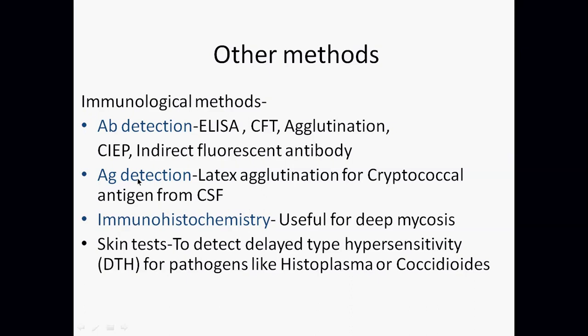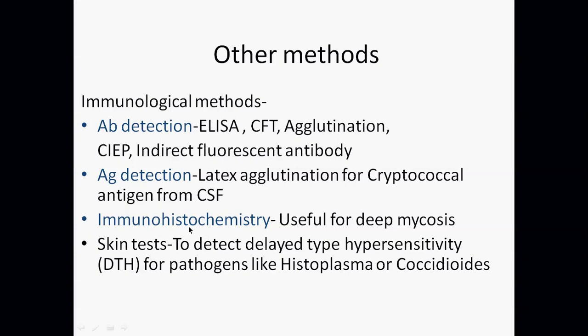Now, antigen detection is specifically used in two to three varieties of fungal infection, either in cryptococcal infection or some other fungal infections. Latex agglutination for cryptococcal antigen detection is a famous antigen detection technique used in mycology. So this is the most commonly used. For aspergillosis also we can have a direct latex agglutination test kit. So antigen detection and antibody detection are available in diagnosis of fungal infection, but more commonly we use microscopy and fungal culture.